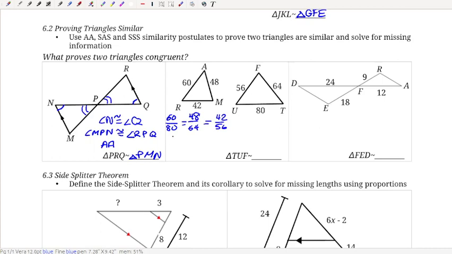And I think we end up with 3 over 4 as a fraction, or 0.75 as a decimal. So if all my sides are proportional, then yes, I do have similarity by SSS. And this is going to be, let's see,